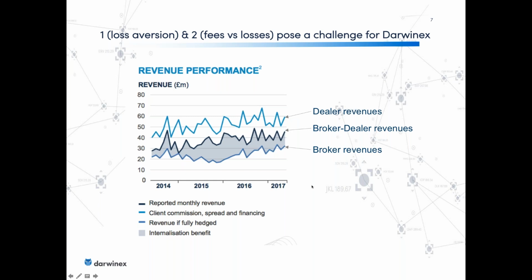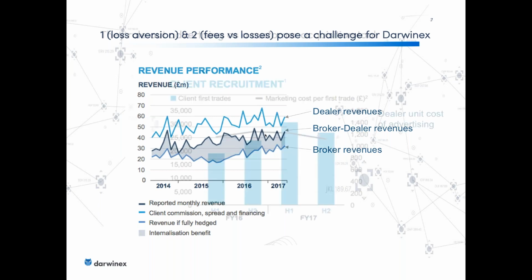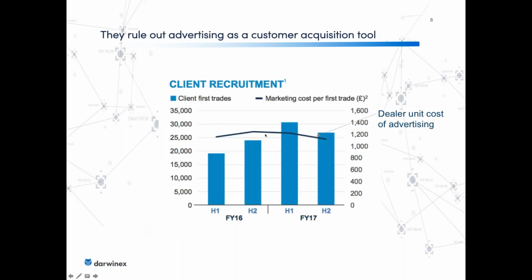Now, from our standpoint, that is an issue because for one and the same customer base, our competitors are making more money than Darwinics. And unfortunately, that's a problem because a lot of people ask us, hang on, if Darwinics is so good, how come not more people know about it? And the answer is, whether or not we're so good, that's for the market to decide. But the fact is, because we make less money per customer, we can invest less money to acquire new customers than the competition.